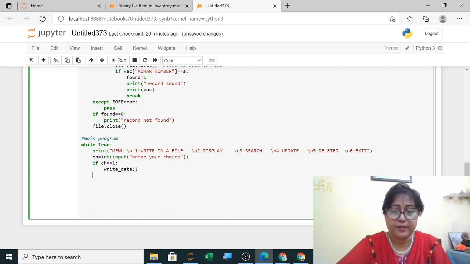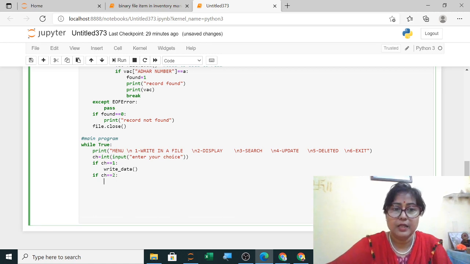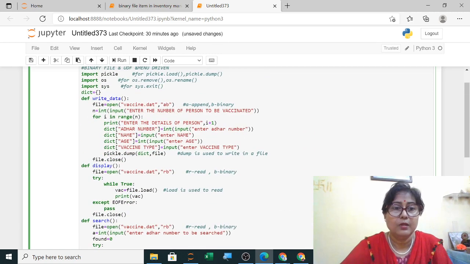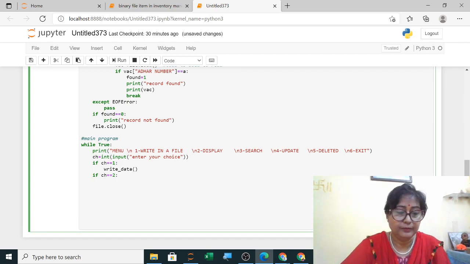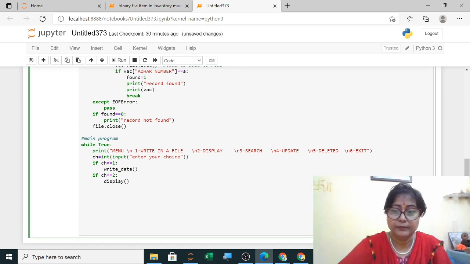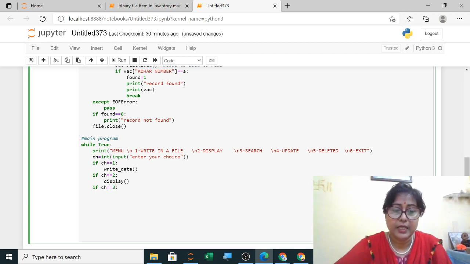Next, if choice is 2, then I want to call the display function. If choice is 3, then the search function.